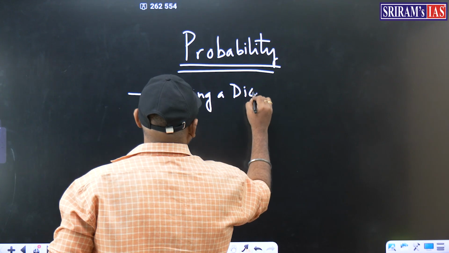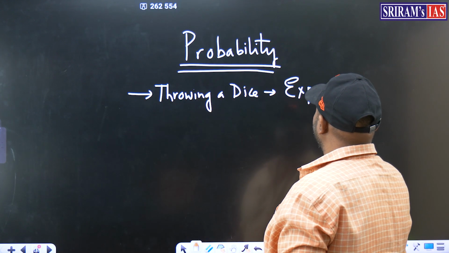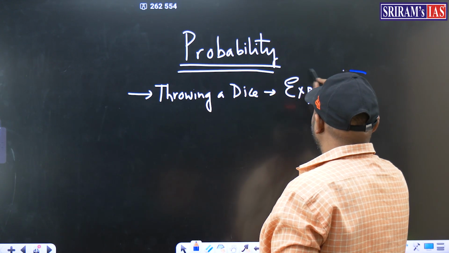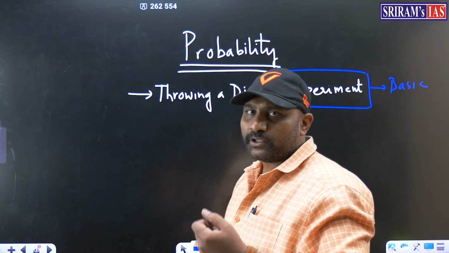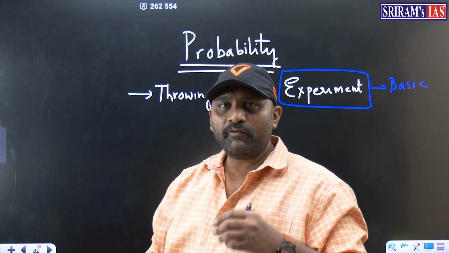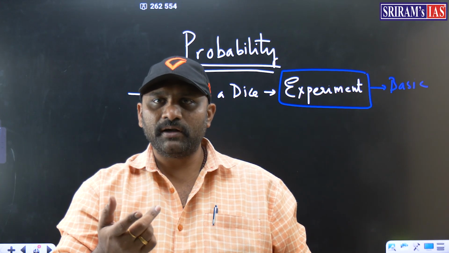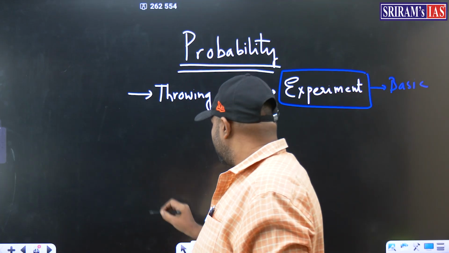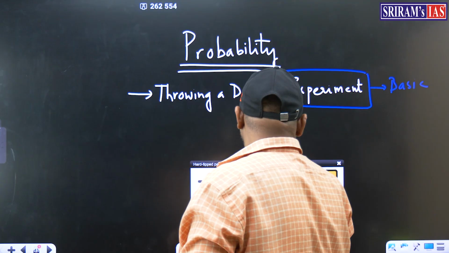Throwing a dice is called the experiment. What is the experiment? Throwing a dice is the experiment. Now whenever you are doing probability questions, always remember two things. One person will do the experiment, another person will keep writing the results. That is very important. When the first person throws a dice, another person writes the